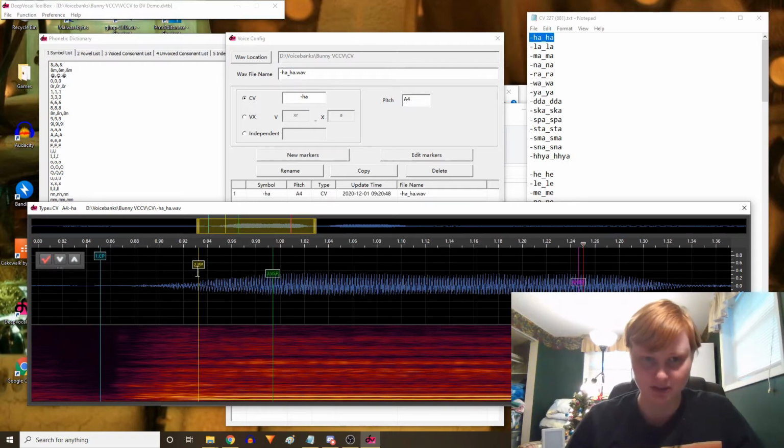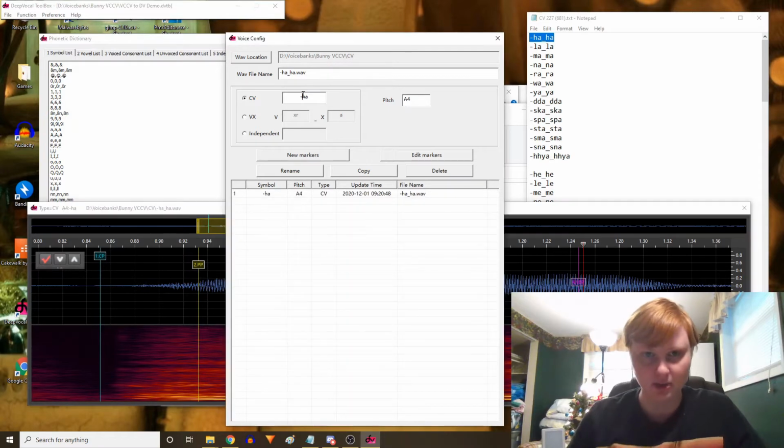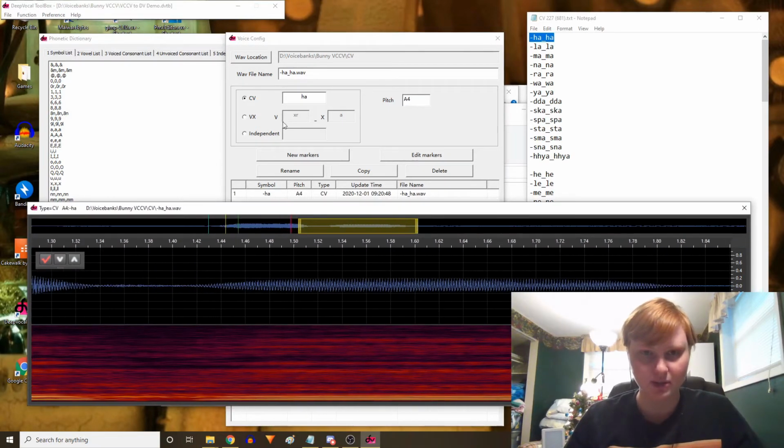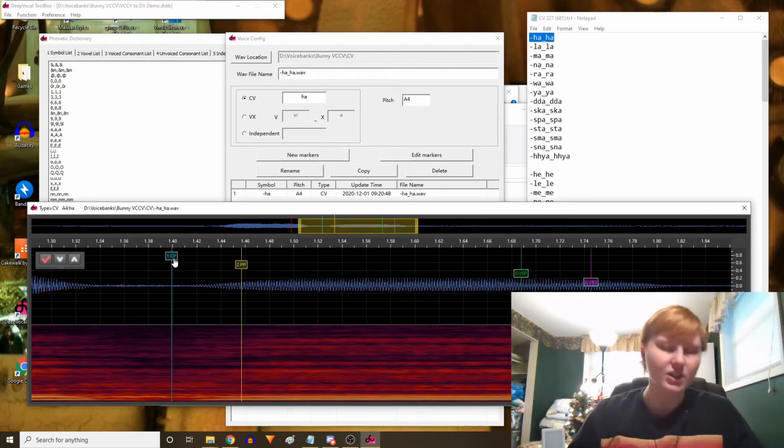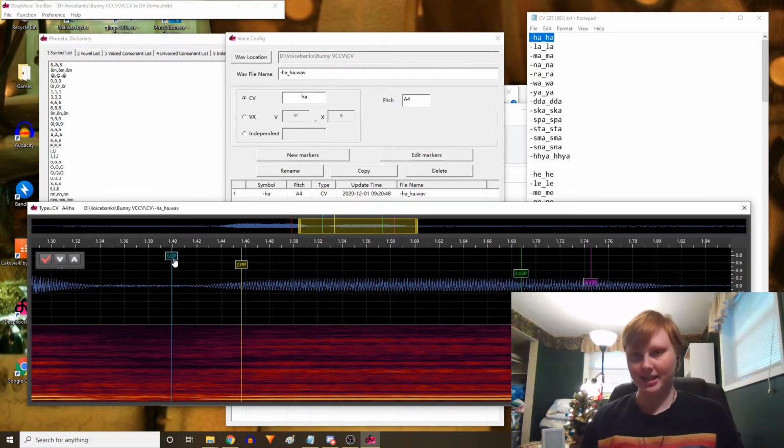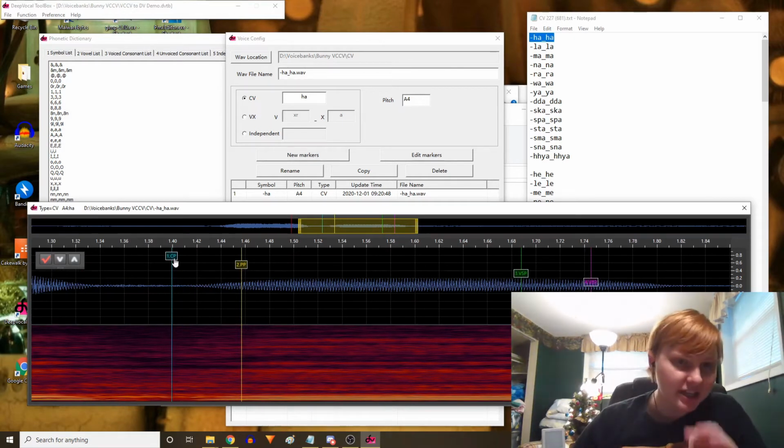Just put the number 2, the pre-utterance point, at the beginning. And then we're going to do our regular CV. You'll also notice that if you scroll over first and then click new markers, you don't have to rearrange all of them. So, for a soft consonant like this, we need to put the